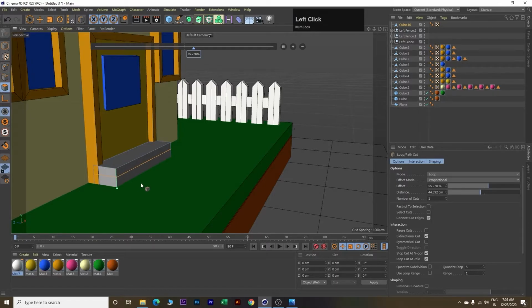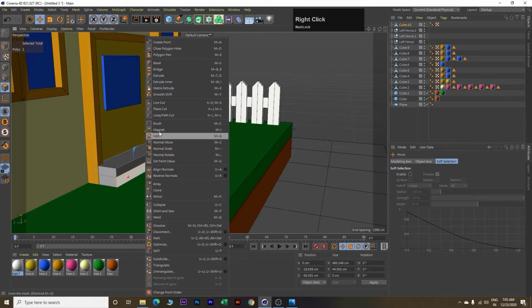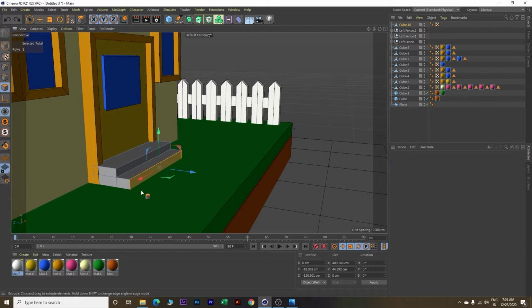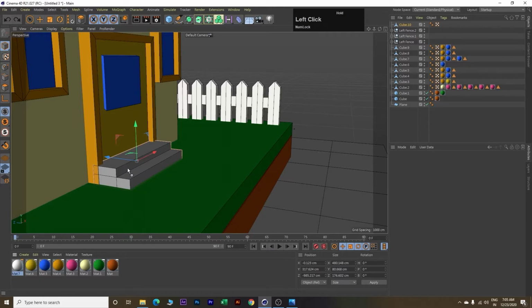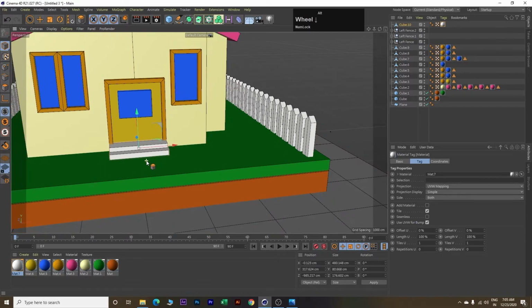Click on polygon, click E first and select this polygon. Right click and click extrude. Click and hold left mouse button and drag your mouse towards the right. Perfect. So here we have made our stairs. Now give it a color of white. So click on this model, drag and drop this white color on this stairs. Perfect. This looks good.